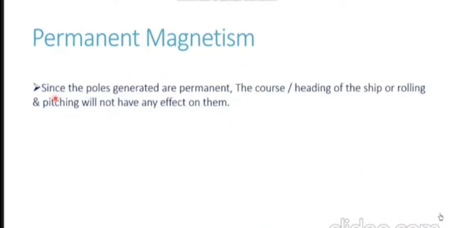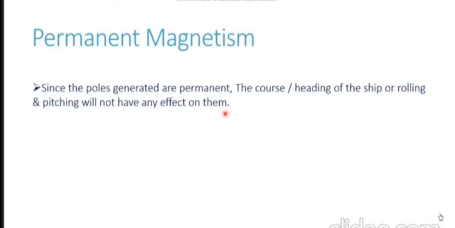Now, since it is permanent magnetism, the poles which are generated, as we have seen, a blue pole is generated where the lines enter the material and a red pole is generated where they leave the material. The poles generated are also permanent. The course or the heading of the ship or the rolling pitching motion of the ship will not have any effect on them. Once these poles are generated, the rolling pitching of the ship, the course of the ship, the heading of the ship, the position of the ship will not have any effect on these poles